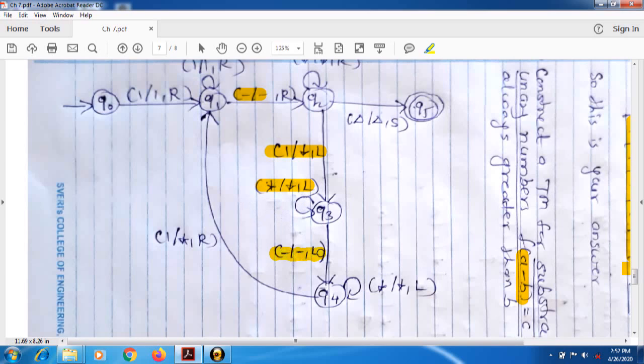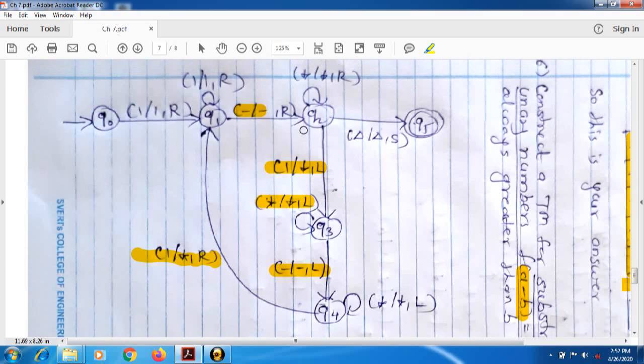Suppose we find the subtraction value while moving towards left. Again we have to keep it as it is, and move towards left. Again whenever we find 1, we have to replace it with star, and we have to move towards right, meaning we have cancelled 1 from digit 3 and 1 from digit 2. Then how many values are there here? A as a 2 and B as a 1. Again we have to follow this same loop,